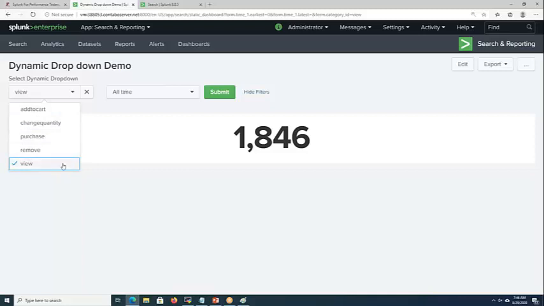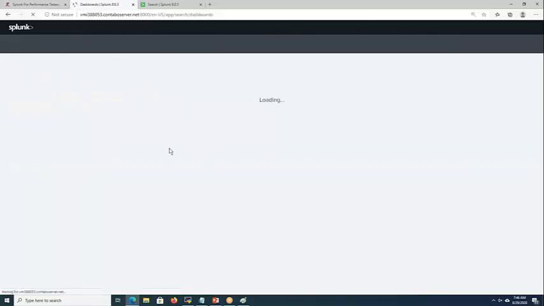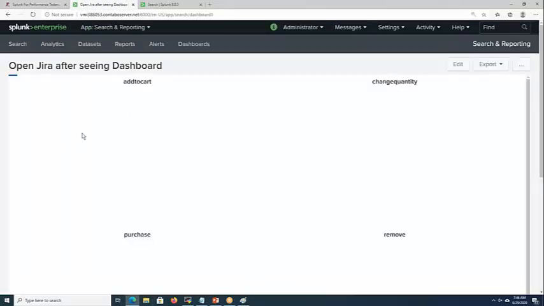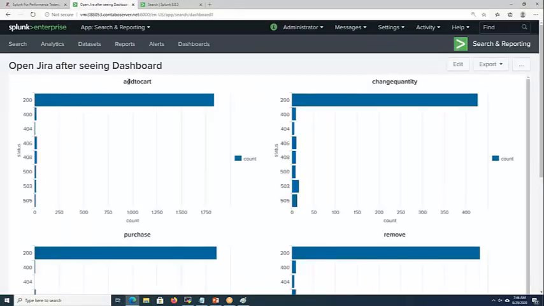So we can make this a dynamic drop down list also. These things we will discuss, and we'll be discussing how to add these time pickers and all those. Let us assume there is a sample dashboard which I will show you. It displays category wise. There is something called add to cart. In that, these are the error codes which I got.